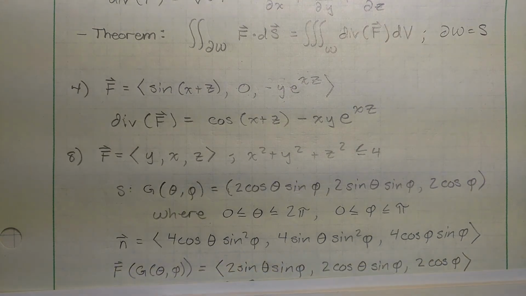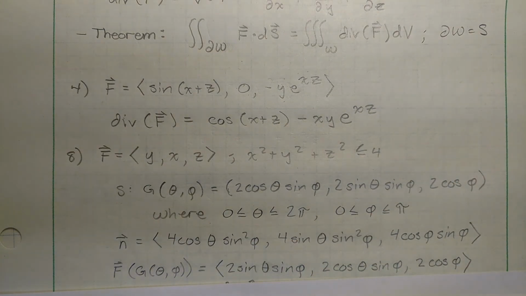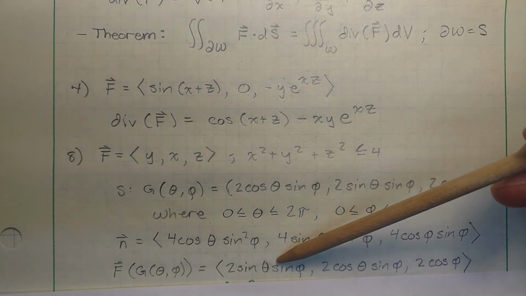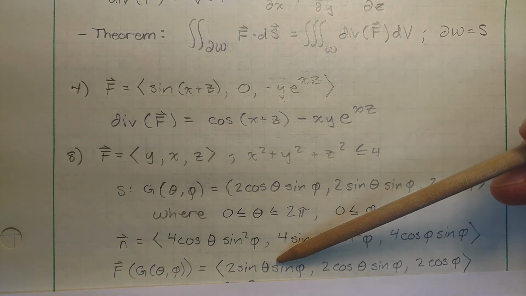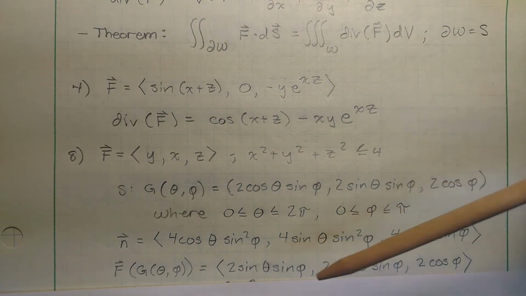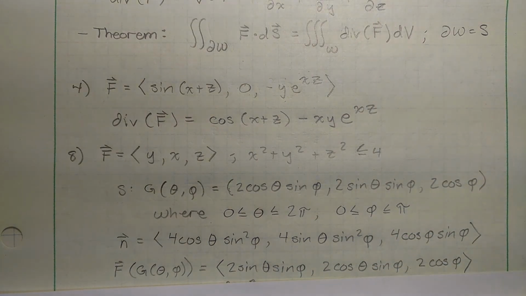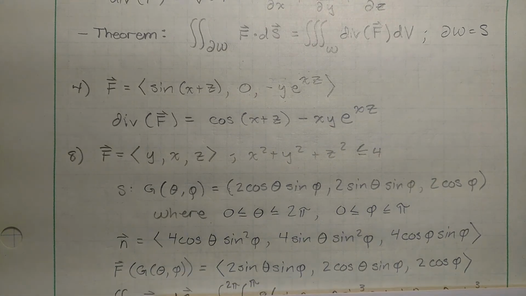We need to plug in our parameterization there. So our vector field f acting on our g function there. Notice our vector field was y, x, z, so this is y in parameterized form, this is x in parameterized form, and this is z. And then we need to actually do our double integral of the surface,